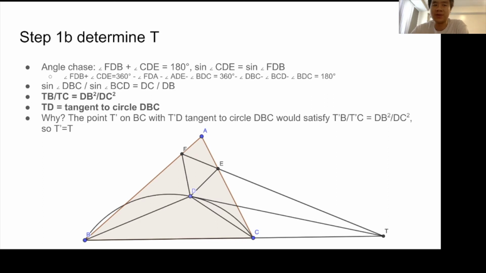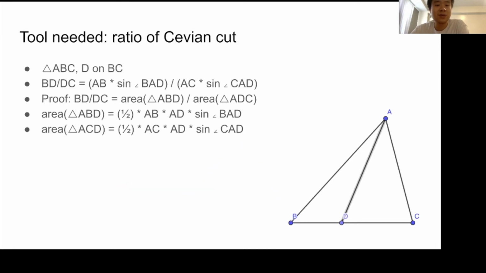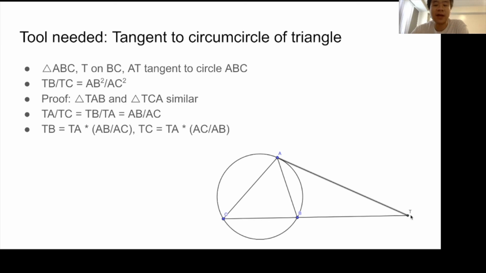We need to talk about this thing called the phantom point, which I'll talk about really briefly. So here we talk about, like, if T is the tangent, then you have this ratio TB divided by TC equals AB squared divided by AC squared, according to this slide. But why does the converse also hold, where if T satisfies this thing, then TA is the